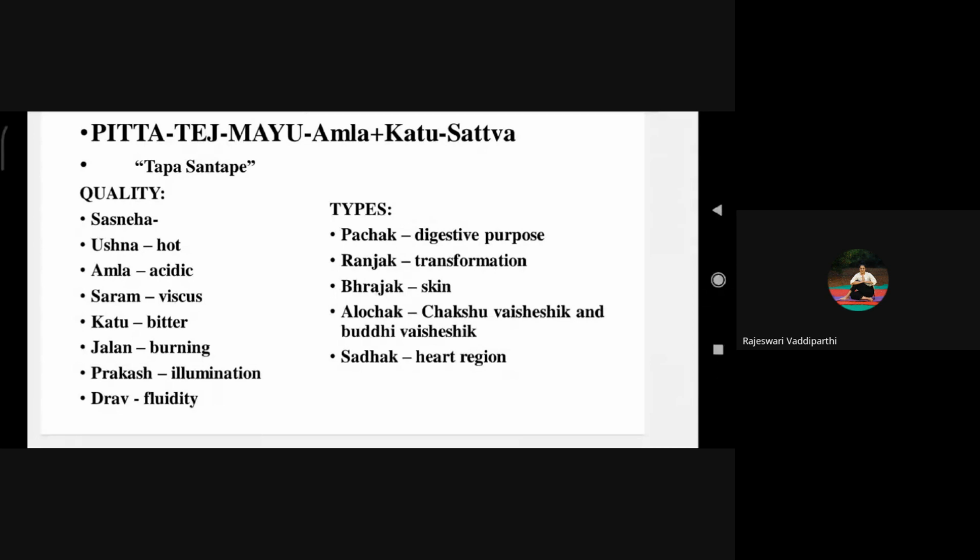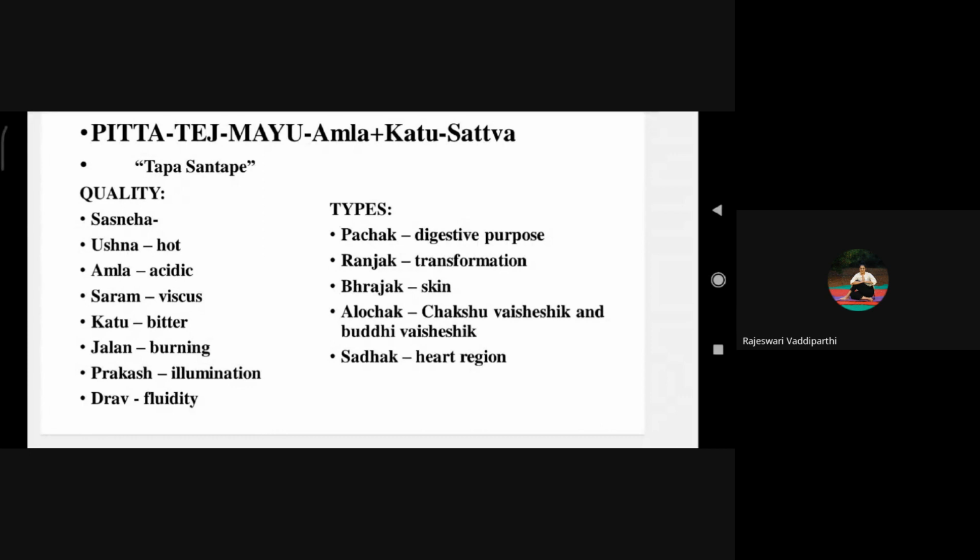Now, the qualities of Pitta. Sasneha, Amla, Saram, Katu, Jalan, Prakash, and Drava. These are the qualities of Pitta. Drava is fluidity, Prakash is illumination, Jalan is burning, Katu is bitter, Saram is viscous, means